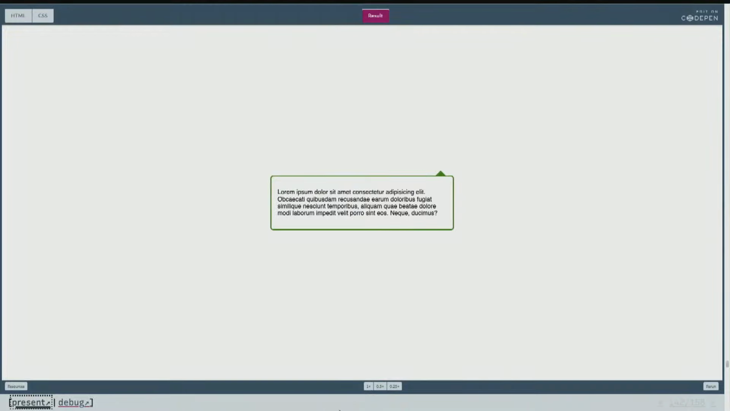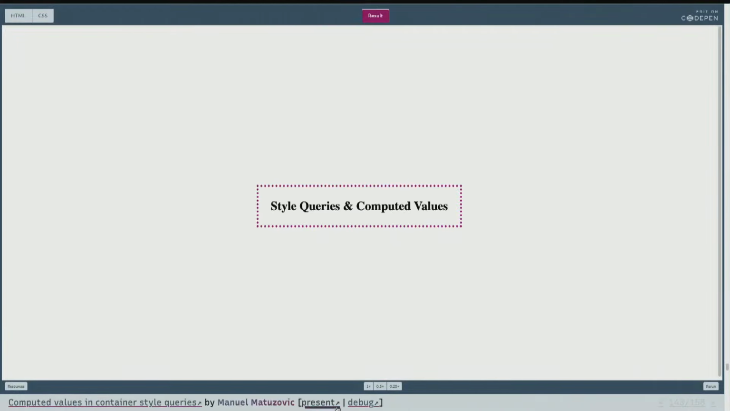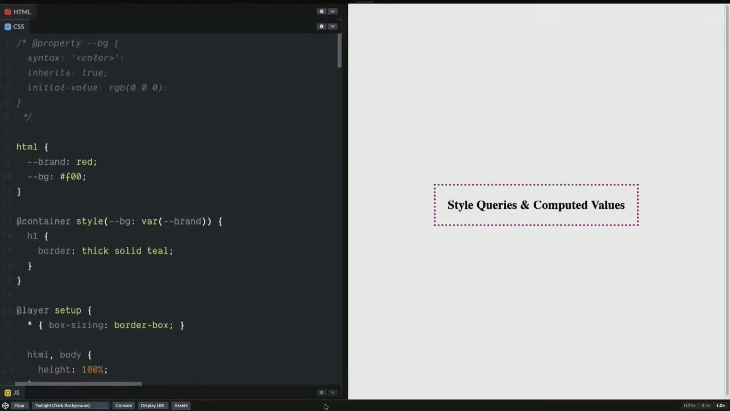So handy to know that generated content is inside of the container that generates it. There's a little bit of a weird thing, and Manuel wrote a great article about it, which I link here. But we're measuring the computed value on the property on the container, which can get a little bit weird. So we could say here, okay, brand is set to red on our container, and the background is set to brand. So we would expect here that maybe we should get the thick, solid teal